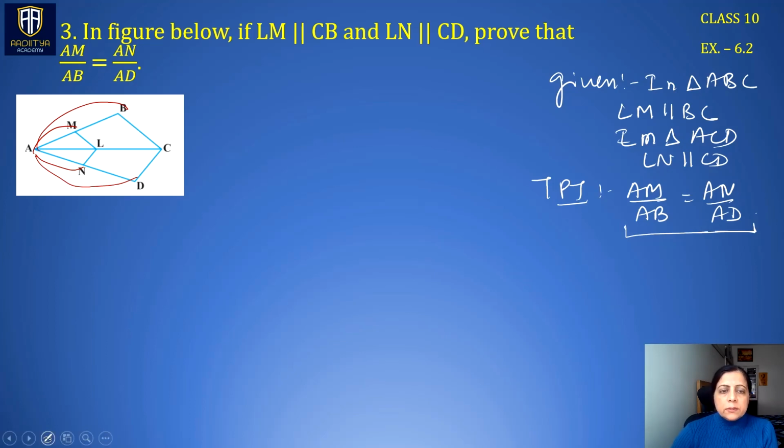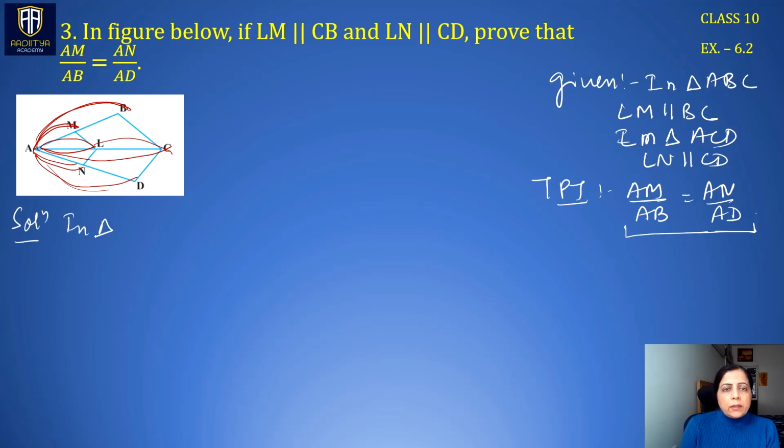So what we can do is, these questions are very common in board exams. You will definitely have such a question for 2 marks. What you have to keep in mind is, here AM upon AB can be taken along with AL by AC because ACB is a triangle. Similarly, AN upon AD can be taken with AL upon AC because it is in the triangle ACD. Then we can equate the common. So now I'm starting to prove this question. For the solution part,